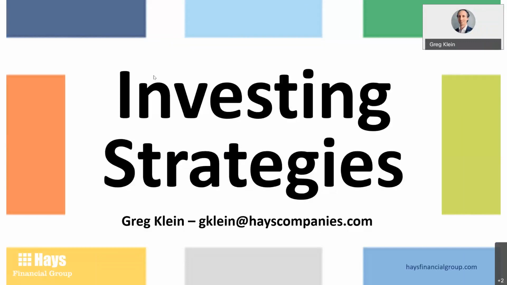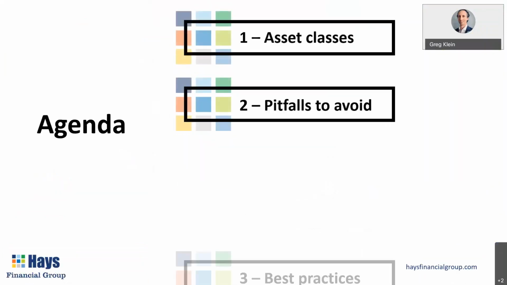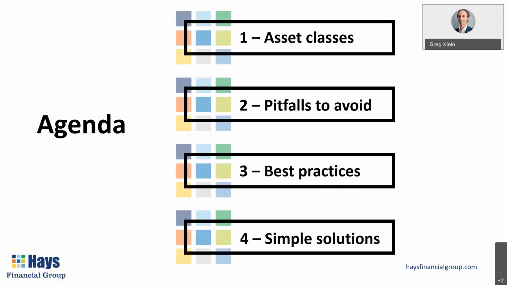We'll see here in a second the agenda for the material that we have prepared. And don't be concerned, you don't have to be a seasoned investor. This is high level investing stuff that we're going to talk about. So we'll set our baseline. We'll talk about asset classes. If you've been on any presentations with me before, we've touched on this, but we want to make sure and set that baseline so we know what we're talking about, because understanding these asset classes is key to the other segments of the presentation, like these pitfalls that we want to avoid, some best practices, some of the simple solutions.